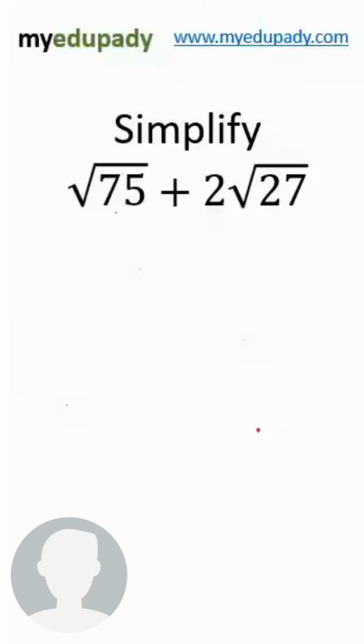We have this question: simplify root 75 plus 2 root 27. Okay, so this is a short question and it's a typical GCSE question. Right, so the first thing you have to do to solve this particular question is you look at the numbers